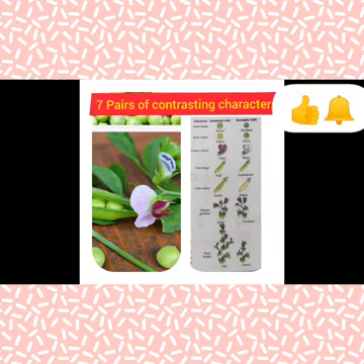Next, position of the flower, that could be axial and terminal. Axial means the flowers shoot off from the middle of the stem. Terminal means the flower is situated at the top of the plant stem. The next character chosen is shape of the seed. Green pea plant consists of 2 types of seeds. First type is round and smooth. Second type is rough or wrinkled with scales.